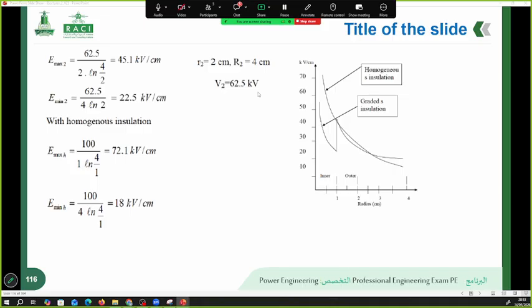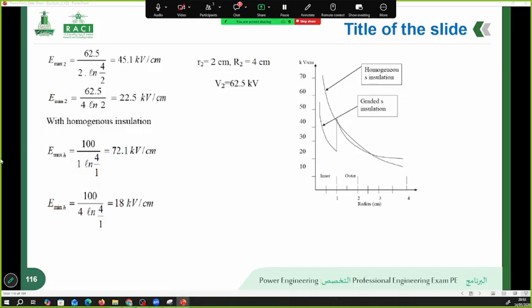This comparison highlights that homogeneous insulation leads to a greater electric stress concentration at the inner conductor, which can increase the risk of insulation failure. So therefore, proper insulation design such as grading is essential to achieve a more uniform electric field and improve cable